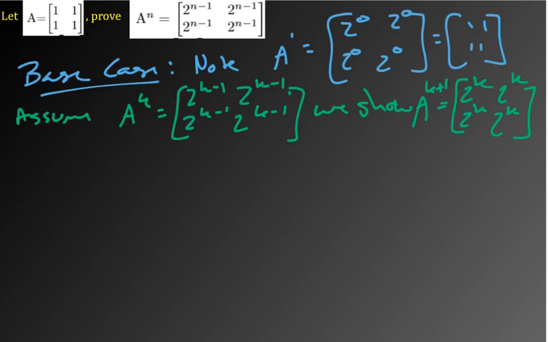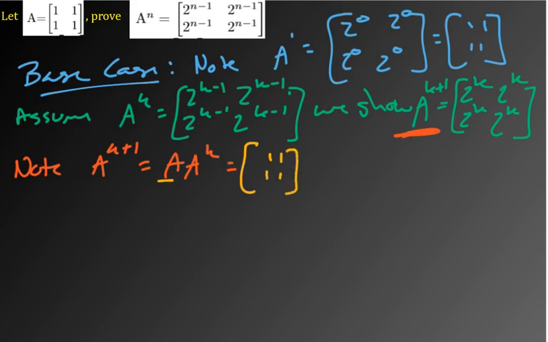So, pretty straightforward proof here. Just basically, again, we're going to start with this part. So you can just say something like, note A to the k plus 1 is A times A to the k. And by our assumption, this just equals A times, let's just write in what A is. So A, right, is 1, 1, 1, 1. And then A to the k is 2 to the k minus 1 in every entry. And then if you just do out the matrix multiplication here, right, you would just get